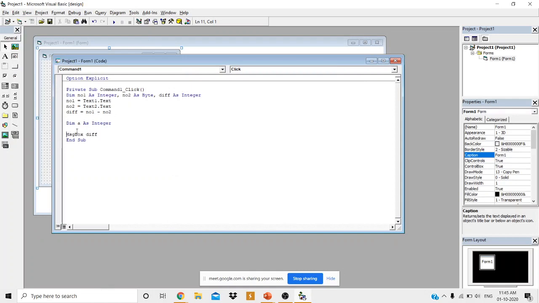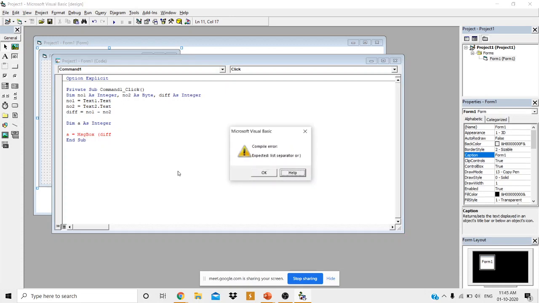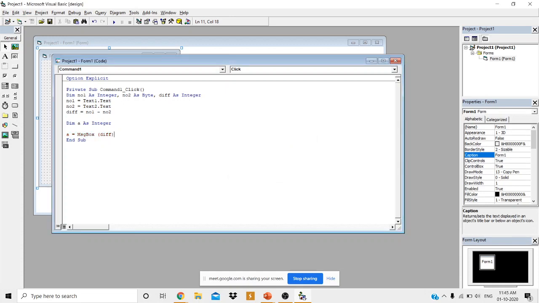We can find the value by assigning the message box to a variable. So a is of type integer, a equal to message box, and whenever you assign a message box to any variable, the arguments must be written in brackets. Remember this point, very important.